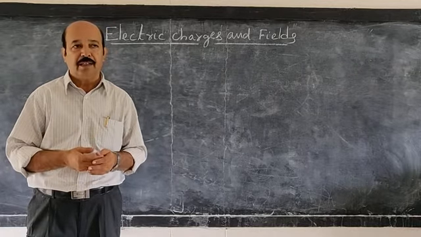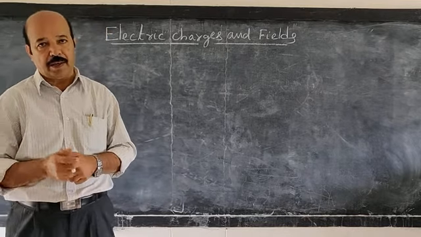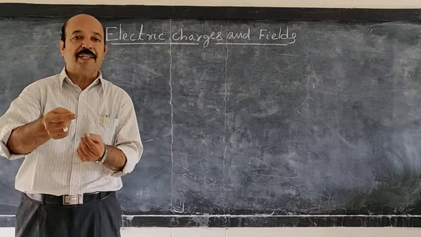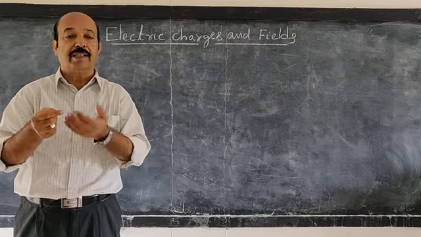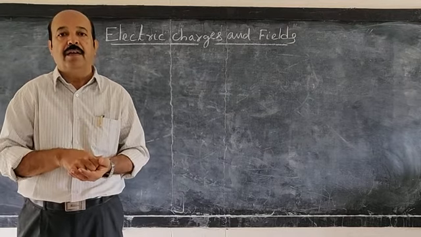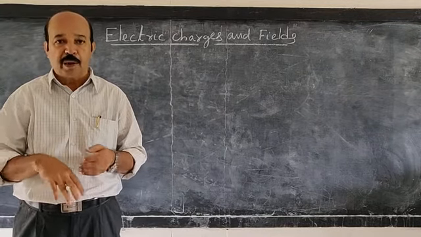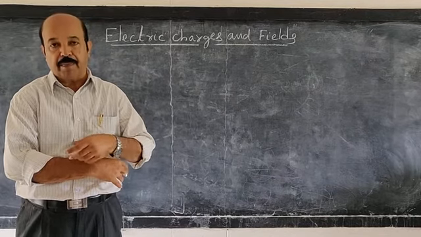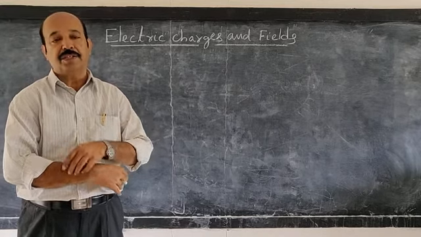You might have done a simple experiment with a plastic pen or a plastic comb. When it is rubbed against your body and you keep it on small bits of paper, the paper rises up and falls down, something like dancing up and down. Similarly, when you are ironing cloth, particularly polyester cloth, you might observe the hair on your hand rising, becoming erect, or you can feel some pricking sensation.